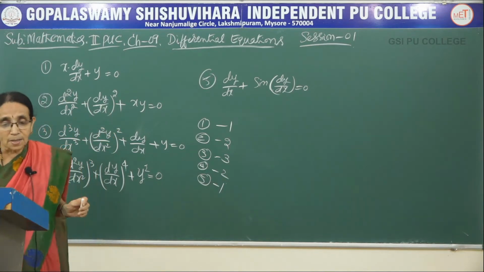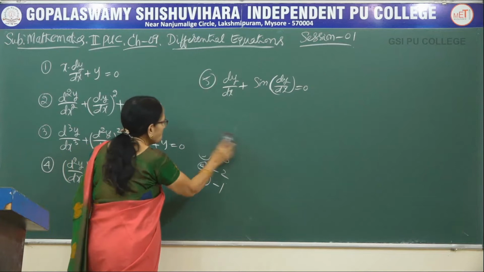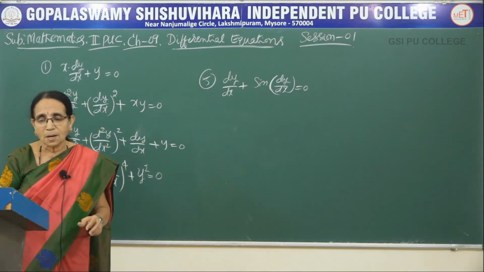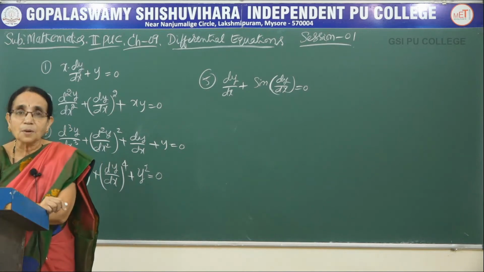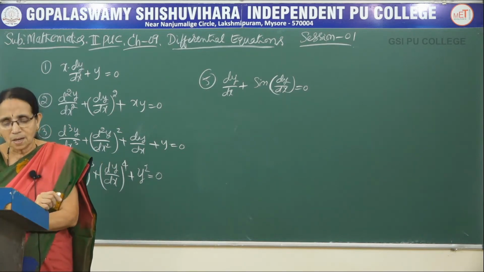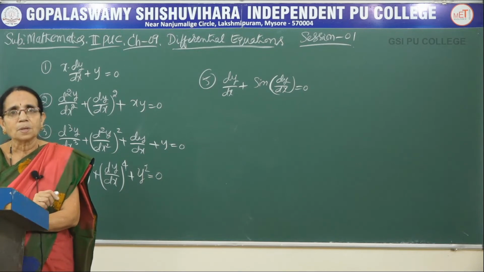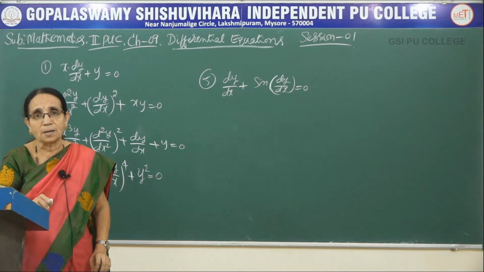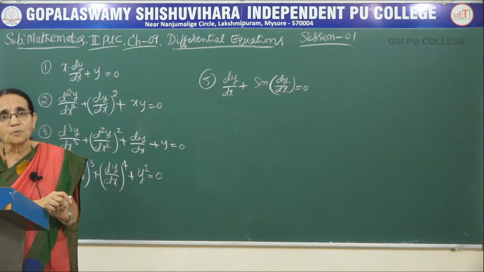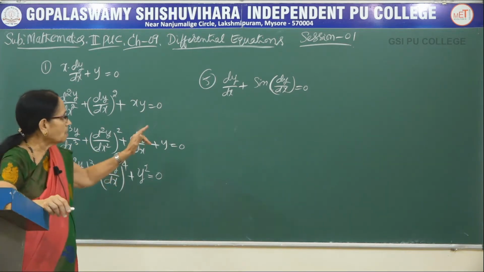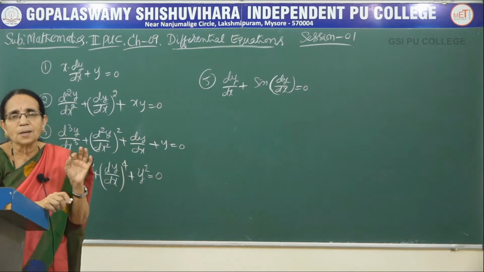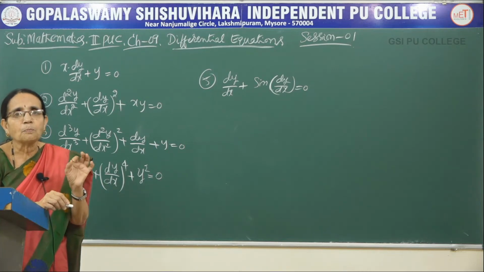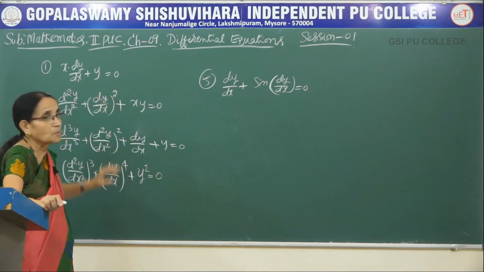Okay. Now let us come to the degree of the differential equation. Here you have to be careful, because sometimes the degree is defined and sometimes the degree is not defined at all. In that case, you have to specify that the degree is not defined. Why is it not defined? See, the degree of a differential equation is defined only if it is a polynomial in the derivatives.